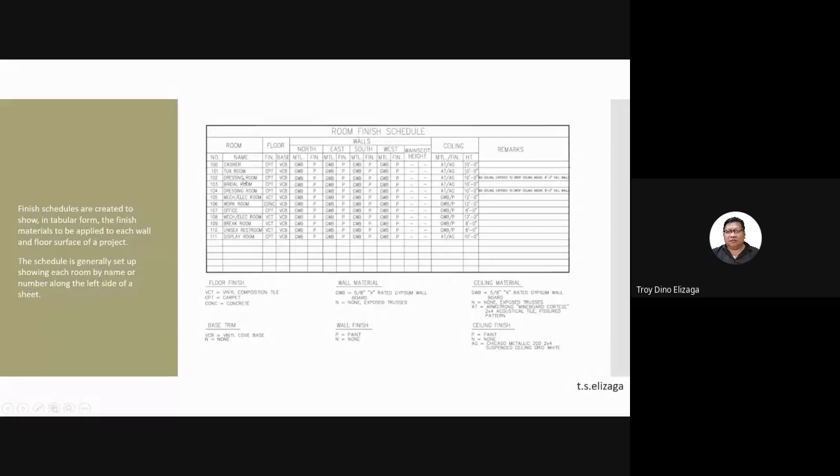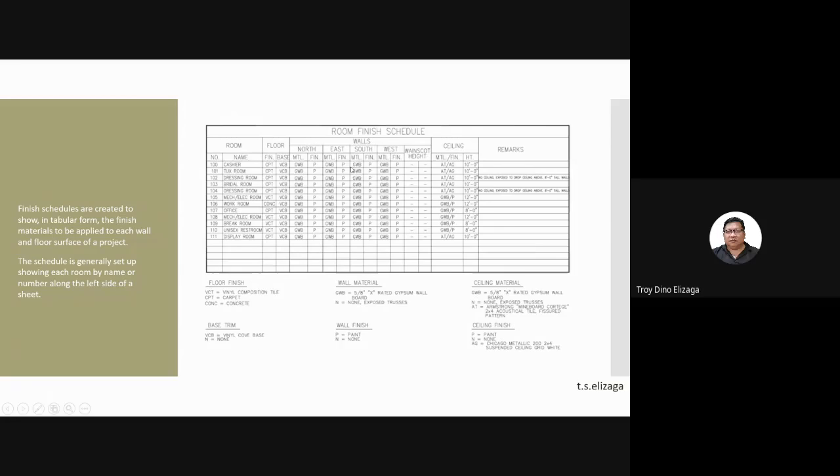In this case, you have a finished floor and then the base of the floor. CPT, of course, has a legend here for all the abbreviations. It means vinyl composite tiles.